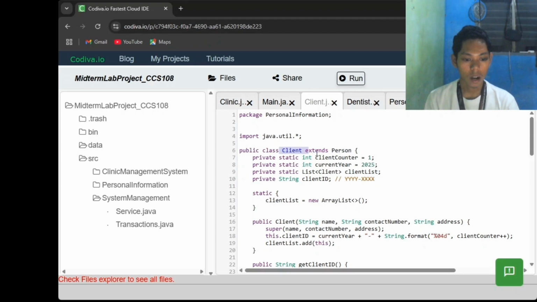As we can see, our client class extends the person class, meaning it inherits basic attributes like name, contact number, and address. However, this class introduces additional attributes specific to clients. We have four key attributes. Client counter,